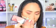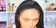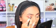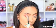So this palette has this shimmery shade right here, which swatched somewhat pretty. I don't think it's really pigmented, but again, before I say anything, let's give it a shot. I'm just gonna be taking the concealer F70 because it is a flat synthetic brush. And what I'm gonna do is right off the bat,